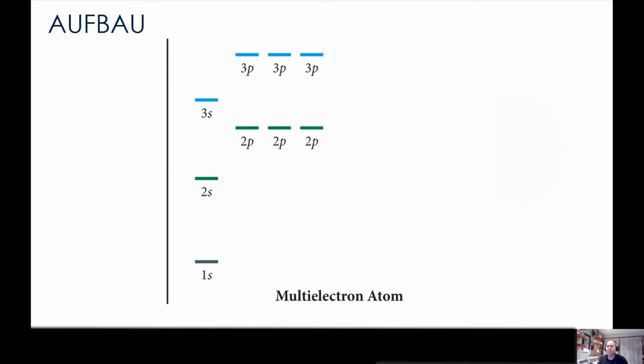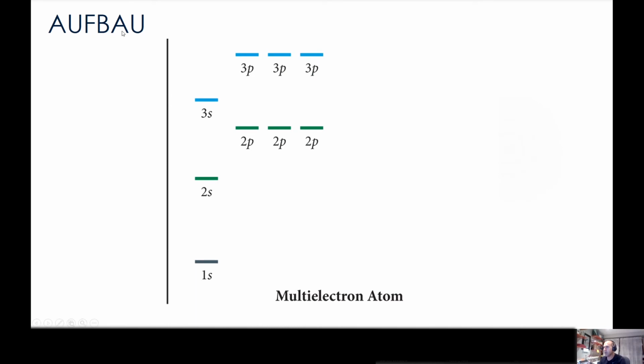So it works really well up until, say, I guess krypton, really. After that, it's a bit of a mess. But when we're dealing with relatively small atoms, it works reasonably well. And the method is known as Aufbau, which is German for building or building up. The idea is, if we want to know the arrangement of electrons in an atom, we can